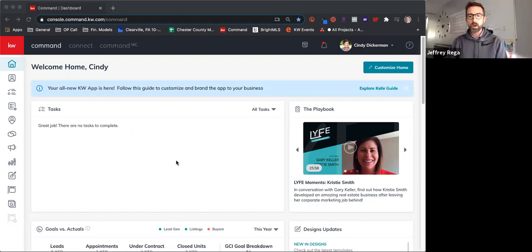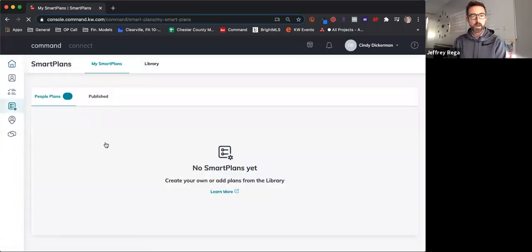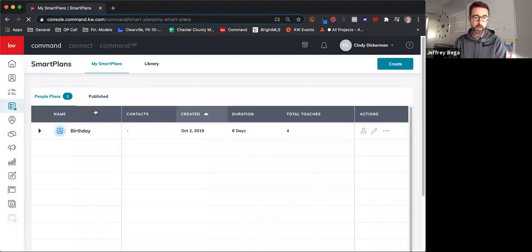So once you log into Command, as you know, there's all the different apps over here that you can choose from. We're going to head to Smart Plans, same place it's always been, nothing changed there. But one thing you'll notice here, you'll come into your plans, and that's great. These are your smart plans, anything that you have saved and you're using. And as always, there is a pre-made library of smart plans that KW is providing you. Just general stock plans, whether it's an 8x8 or